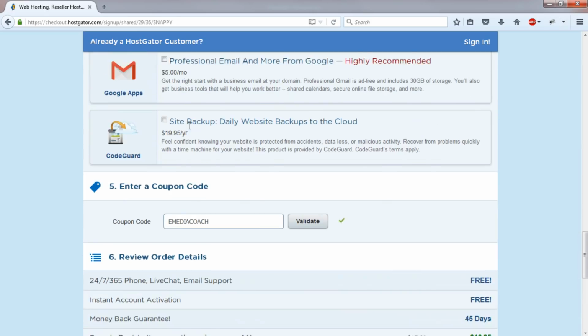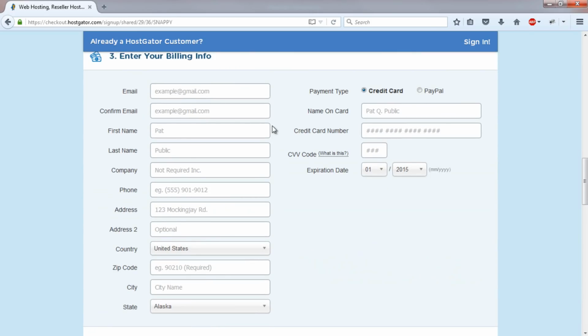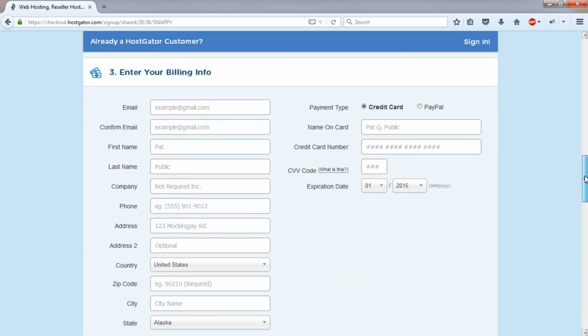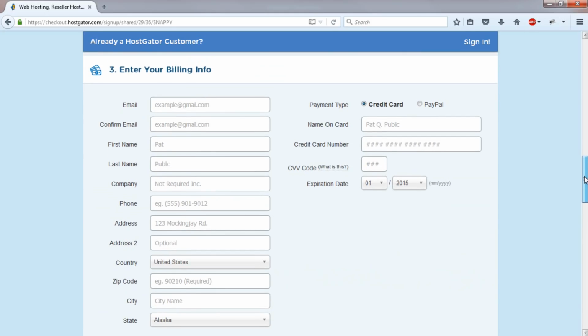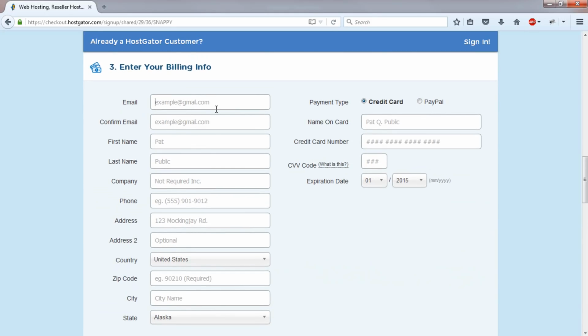Then go back up and complete your billing details. Now, of course, I'm going to blur my screen while I do this because I've got some confidential billing details. Make sure the email address you enter here is correct.